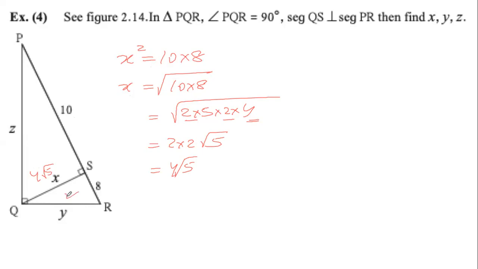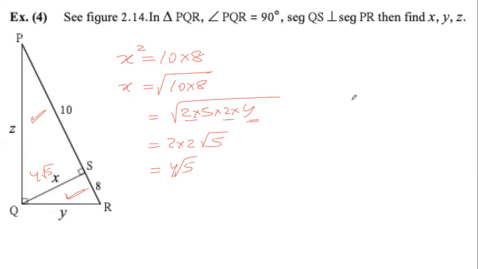If we look at the small triangle, this is also a right angle triangle. We know the two sides. We have to find the third side. We can use Pythagoras theorem. Same thing is happening in the other triangle. It is a right angle triangle. We know two sides. We have to find the third side using Pythagoras theorem.